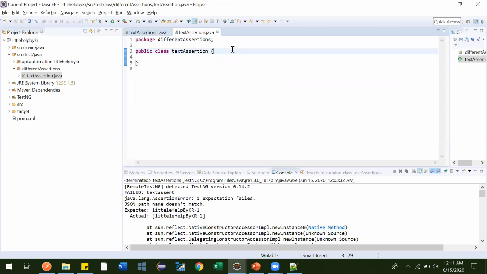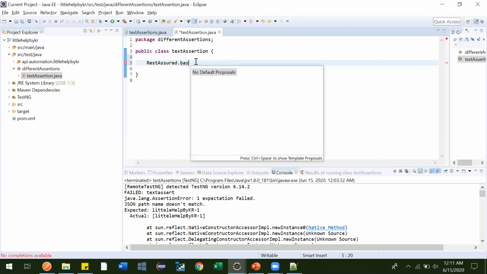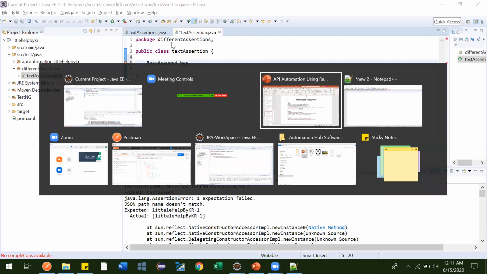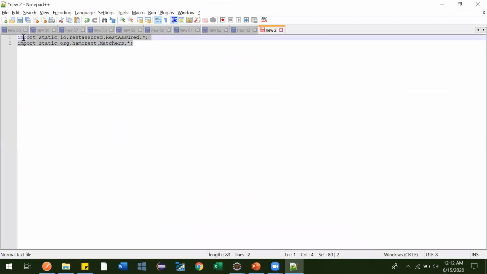Now let's add our base URI first. RestAssured dot baseURI. Here we are not getting any suggestions, and you might think it is because we haven't imported the necessary classes.